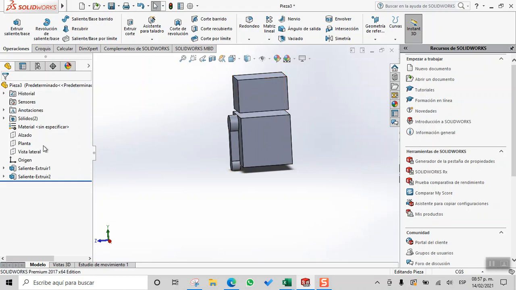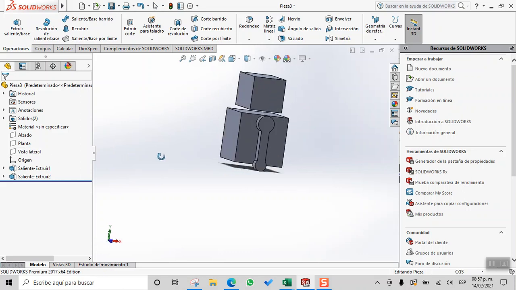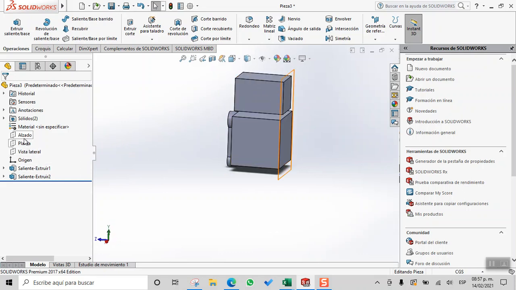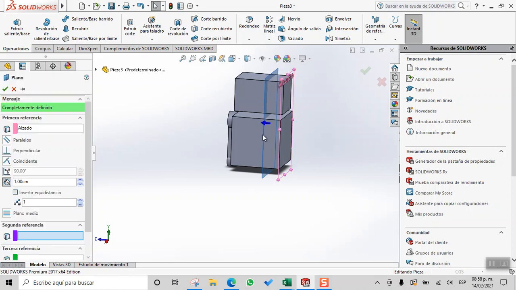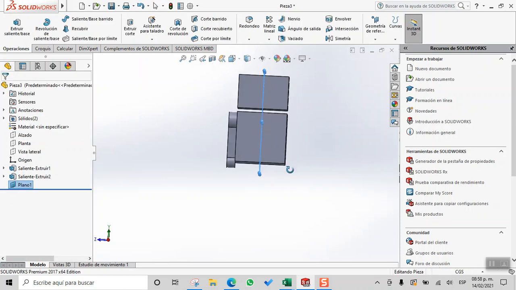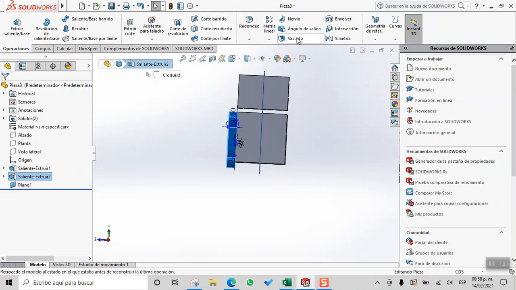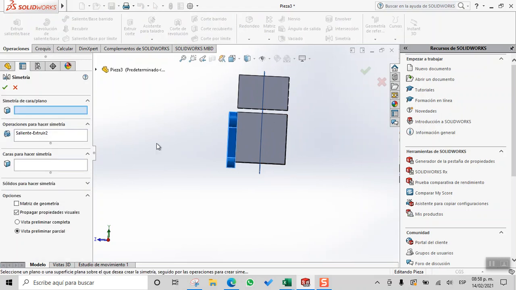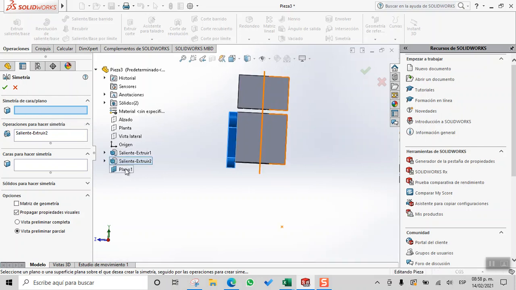So from this side view, front view, sorry, we will need to create a new plane, and it has to be so. There you go. Now we can just click here and use symmetry, and we need to select the plane, and it's going to be the new plane that we just created, and okay,